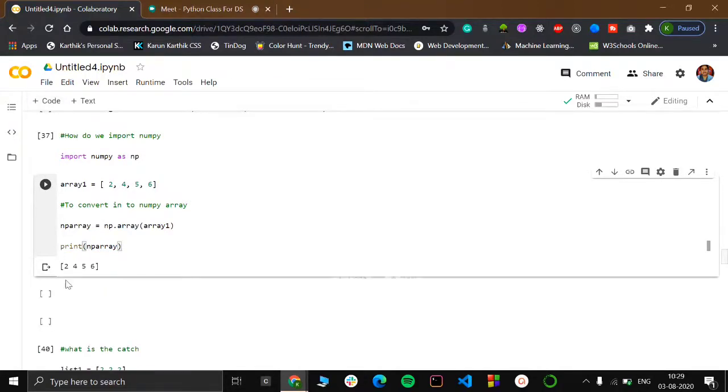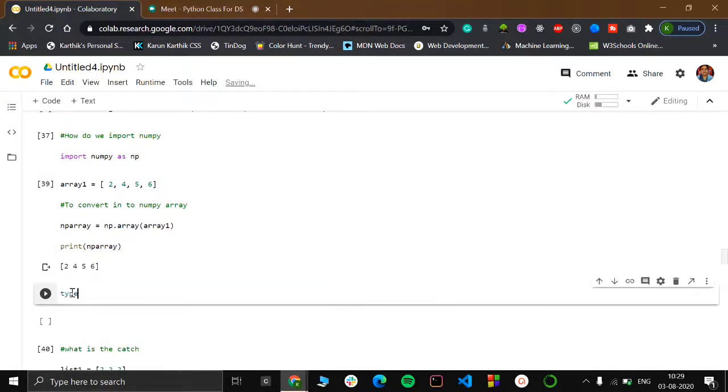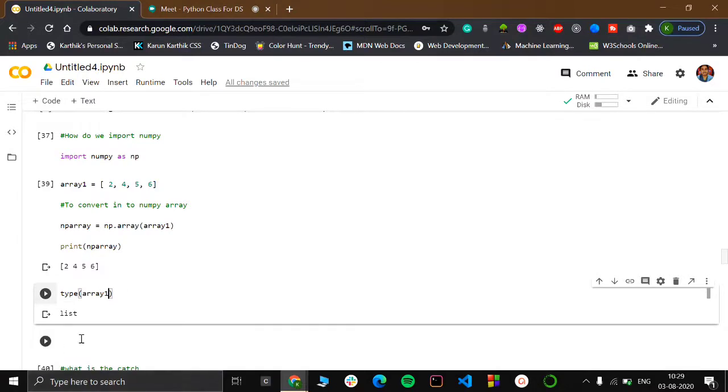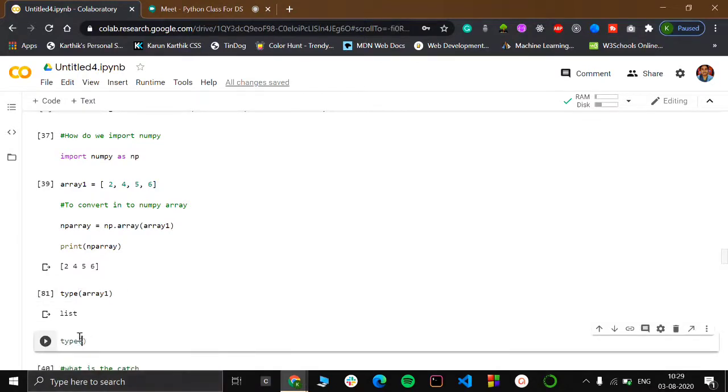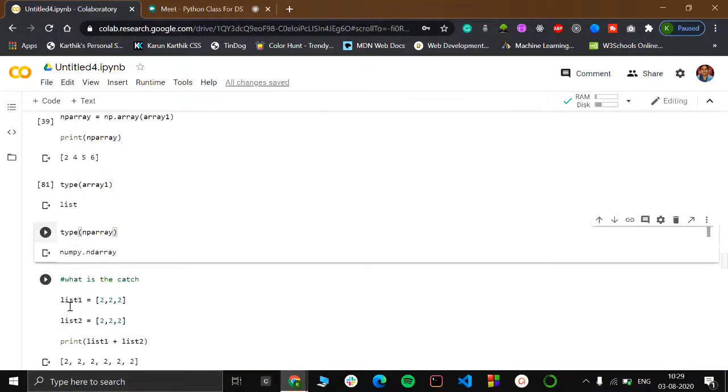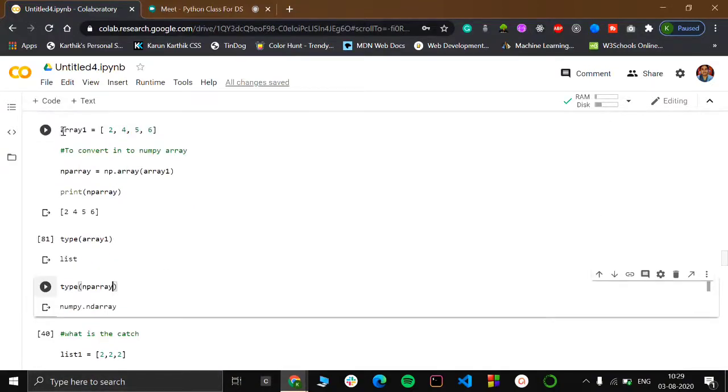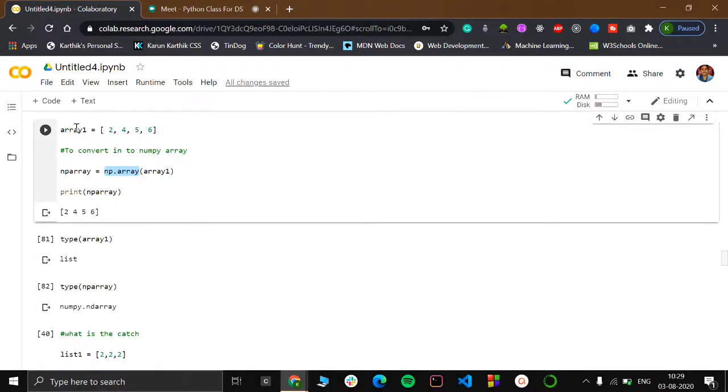We will write, I want to know the type of array1, that will give you a list, and the type of np_array. There you go. So array1 will be a list, but if you convert it into a NumPy array, we would be using np.array, giving this list value here, and assigning this whole value to a new variable.